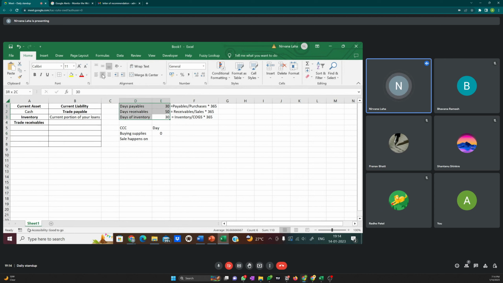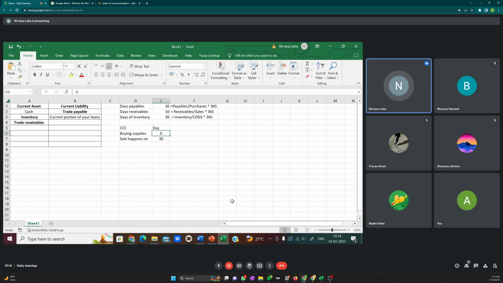Look at these three figures and tell me, if 50 means inventory, after 50 days? No, wait, 20. No, not 20. When will the sale happen? When the inventory stops being in your system and converts into sales, right? So, on average, how many days are you keeping things in the inventory? 30. Exactly. So the sale will happen on day 30,